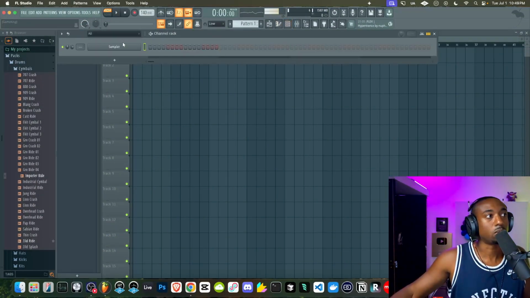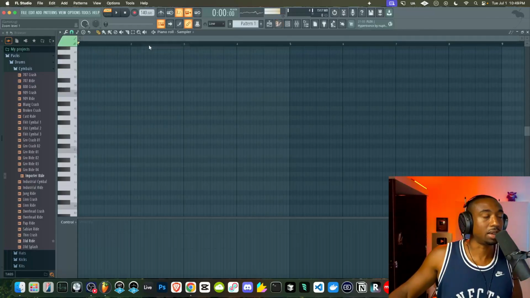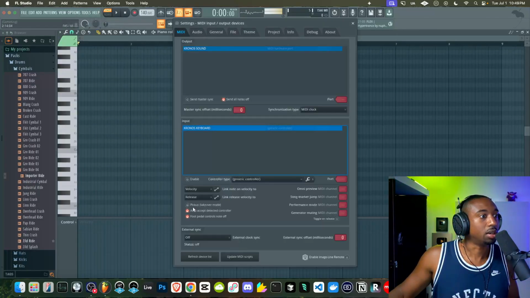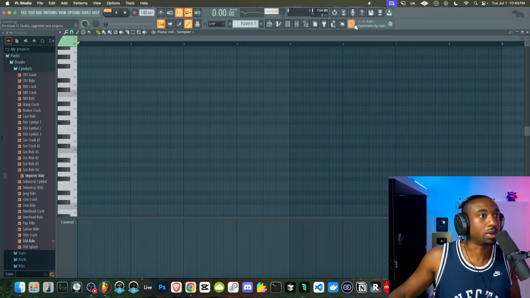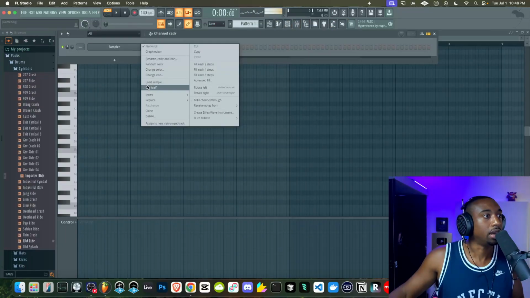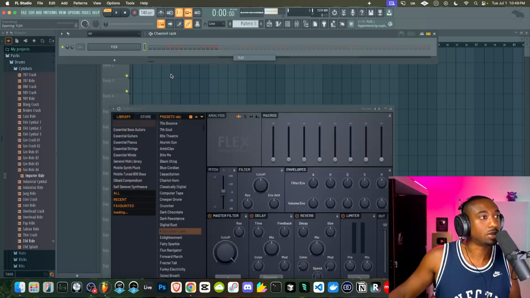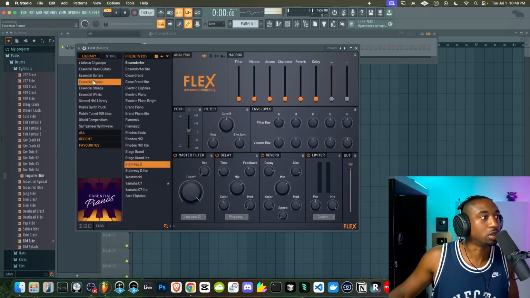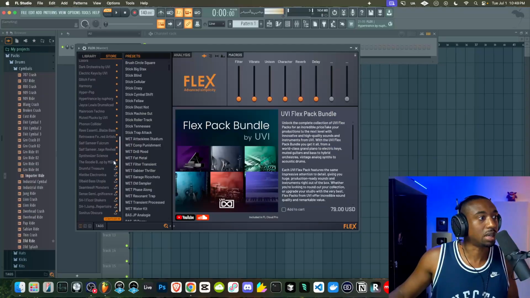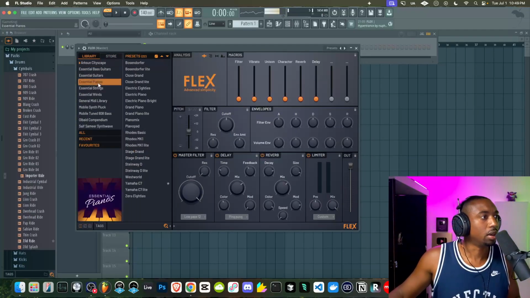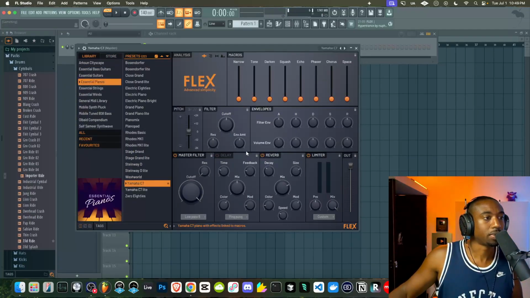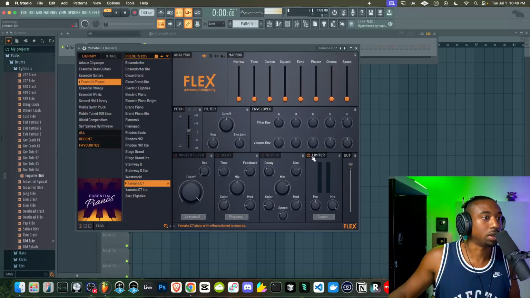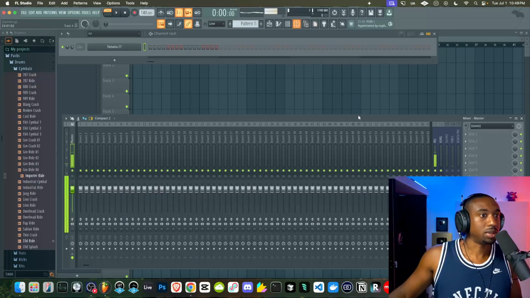So with melody, what we're really doing, in my opinion, is playing a chord just spread out. So what I'll do is I'll record the MIDI in for you guys so you can download this. And we'll use Flex from FL Studio. If you want to follow along with the piano sound, add Flex. Go to where it says Essential Pianos. If you don't see it, go to the Store tab, download the Essential Pianos, and go to where it says Yamaha C7. Just turn off reverb, the filter, and the limiter. So I'll use this sound actually.